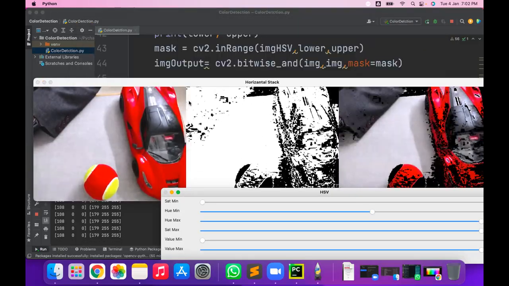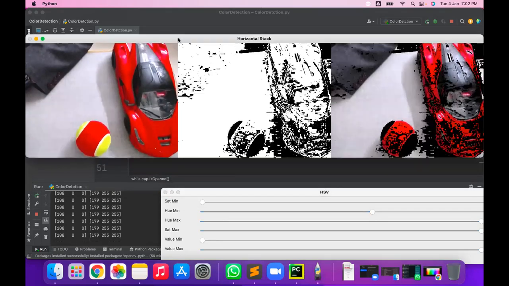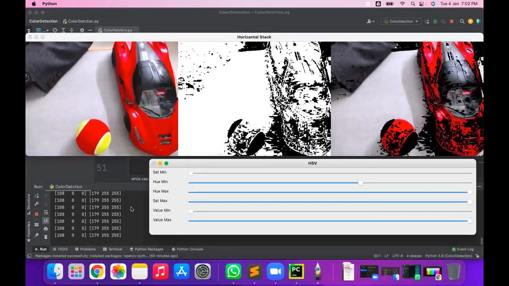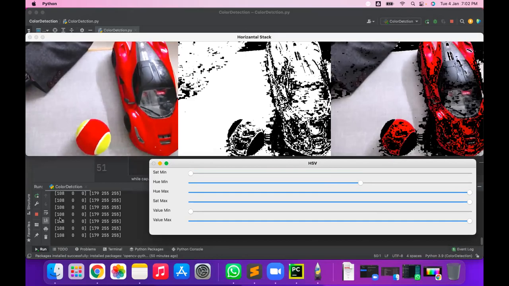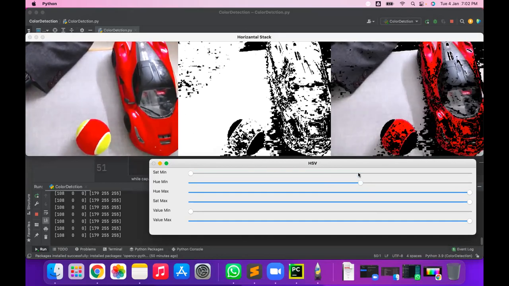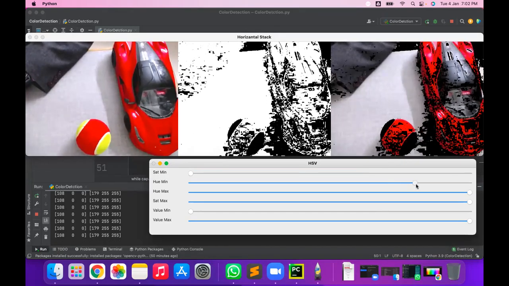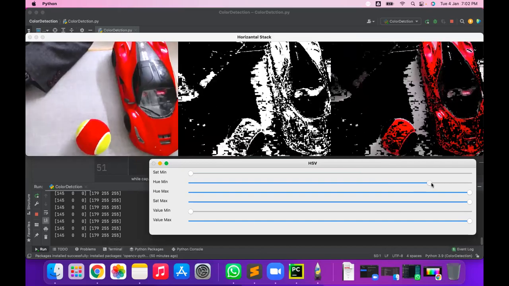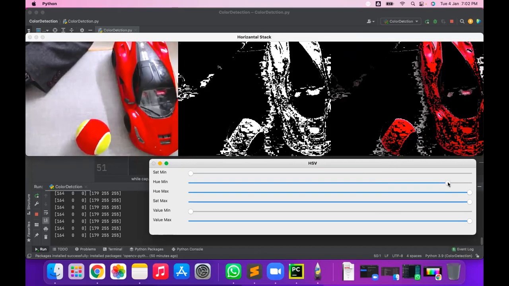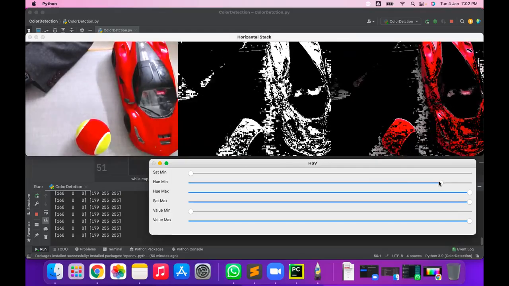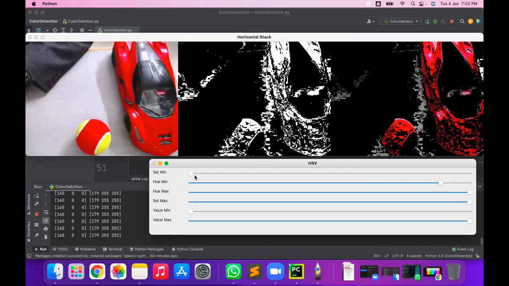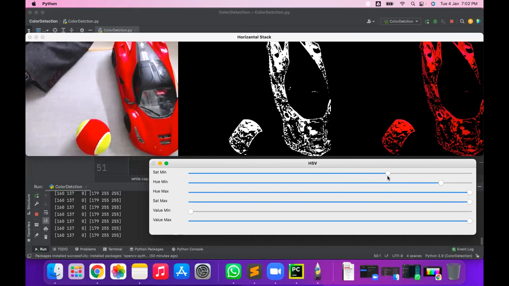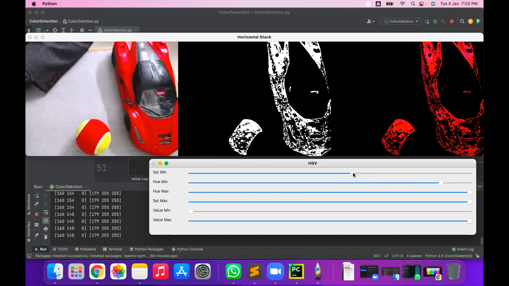Let me bring this image here. Now I can visualize its value, which is 108, so let me change it to 160. The S min I'm moving up to 155. These are some values that I have calculated.